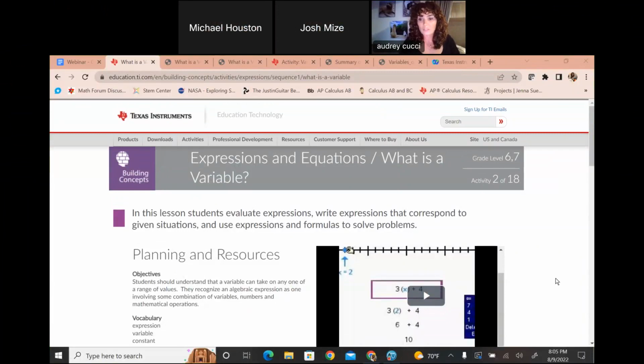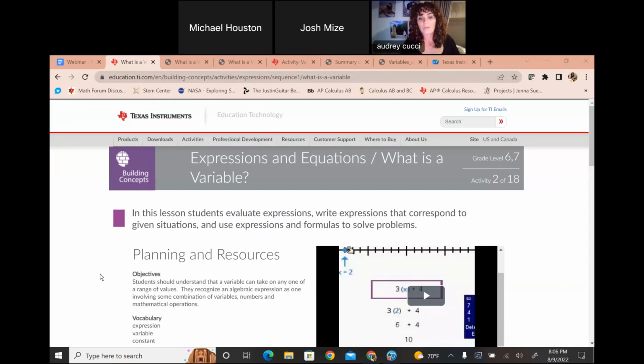class, or even an algebra 2 class, where I reintroduce the idea of expressions, equations, and variables in order to build onto that to get to things like evaluating rational expressions or composition of functions as I go a little bit deeper. So this activity I wanted to highlight in particular because it's a great reintroduction or introduction to variables